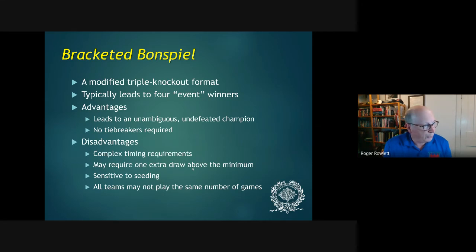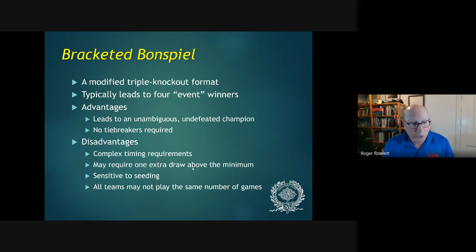If you match up two of, say, the favorite teams early in the event, then they don't have a chance to meet in the semifinals or finals. It's not terribly sensitive to seeding, but it can be sensitive to how teams are deployed in that first round. The one other disadvantage of this event is all teams in the event may not play the same number